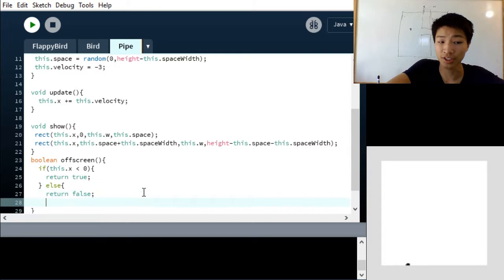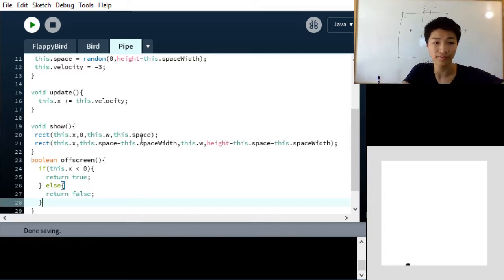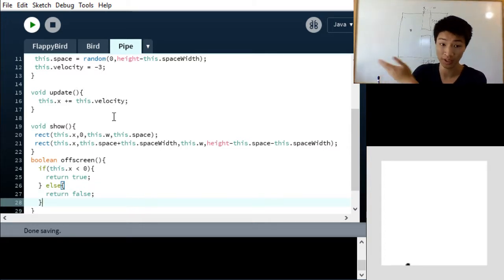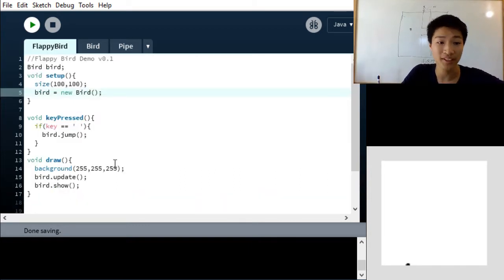We always want to make sure we're returning something. So if it's true, return true. If it's false, return false. Now we're going to go back to our Flappy Bird class, and we're going to say, hey,